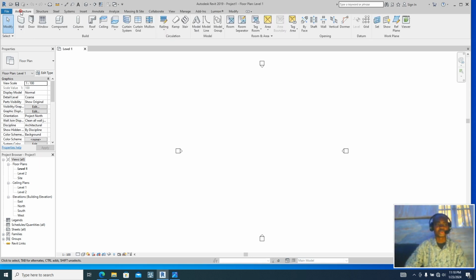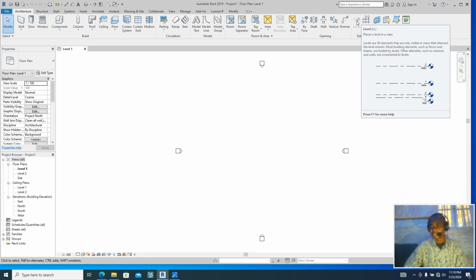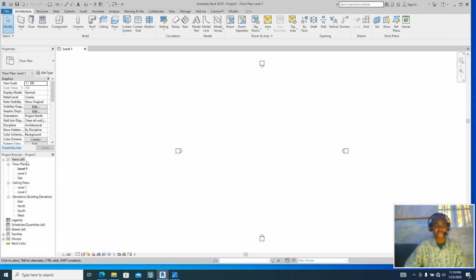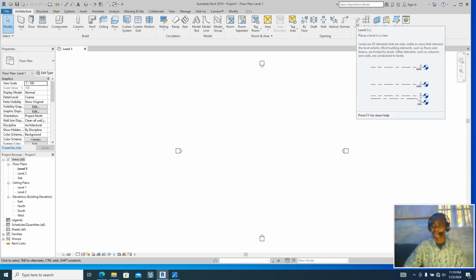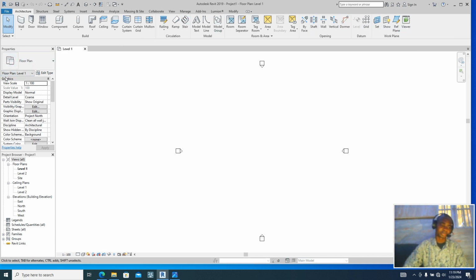So you go to architecture tab. If we want to set our levels, we'll go to architecture tab, then come to this part of the screen. We are going to see level, but it is faint. It is not active. So for us to make it active, you can just come to our left hand side of the screen. Anytime we see that our level icon here is not active, we come to the left hand